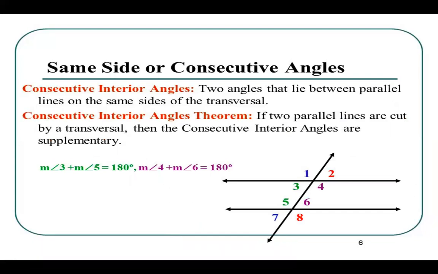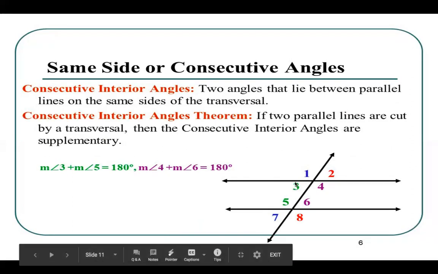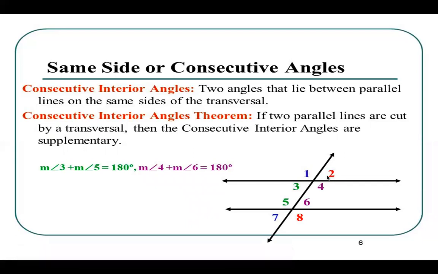These are some pairs that are not congruent, but they add up to 180 degrees. You can say either supplementary angles or that they form a straight line, a straight angle. The first thing, same side or consecutive angles. Consecutive angle means it continues with one angle and the next one. These two are consecutive angles. So consecutive interior angle,